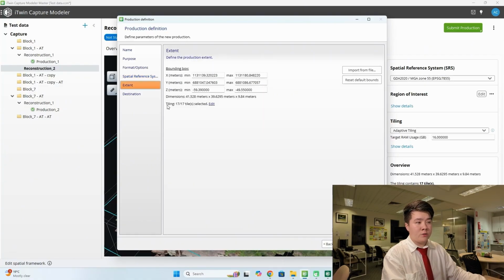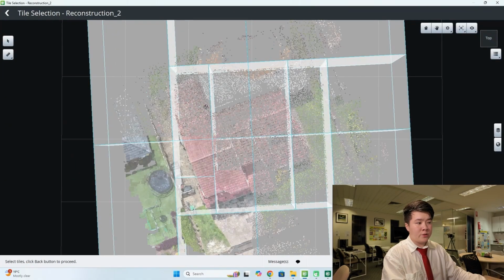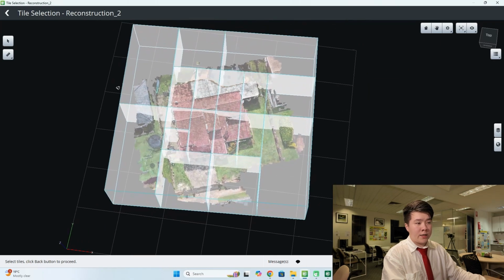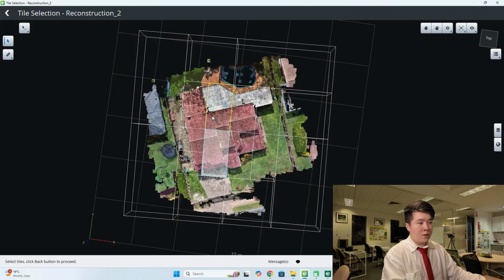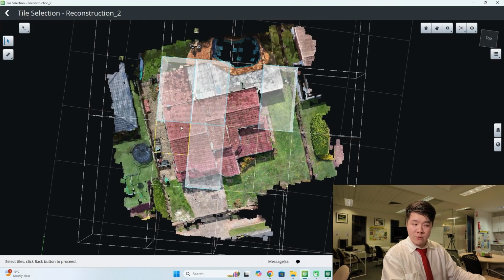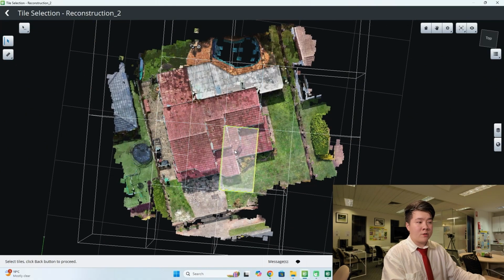Extent, here you can choose what tile to produce. So here we can see all tiles are highlighted white. But if I want to, I can select one tile, or I can hold down Control to select multiple tiles. This is good for testing out a certain production. In really big projects, say if this is a ginormous warehouse and it would take days to process the entire mesh, I can choose, say,